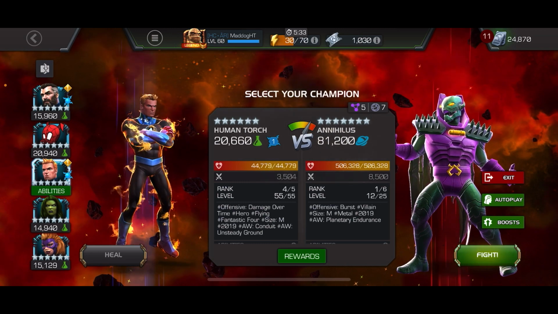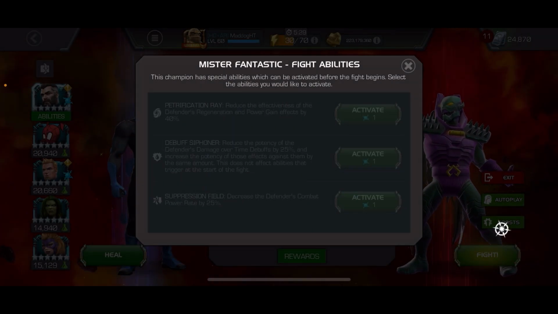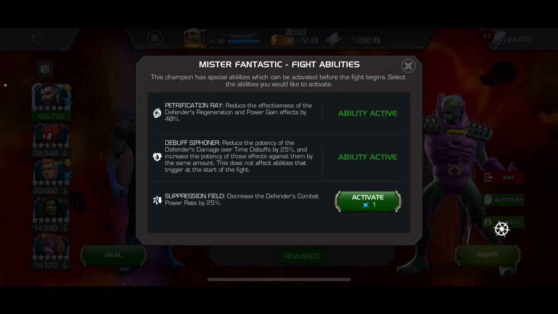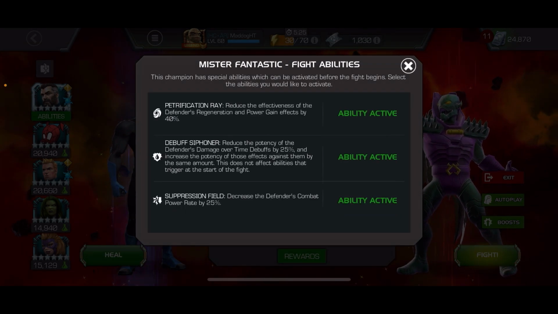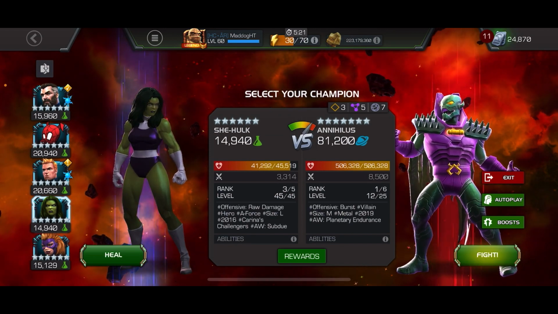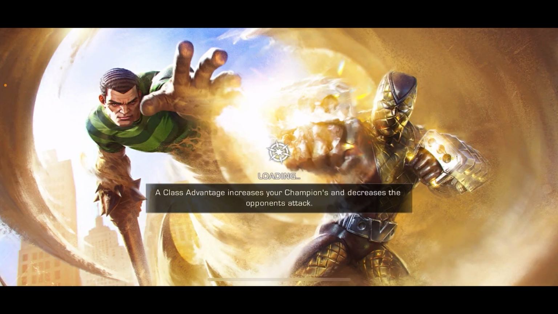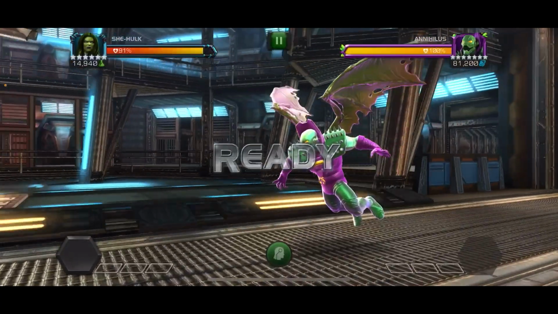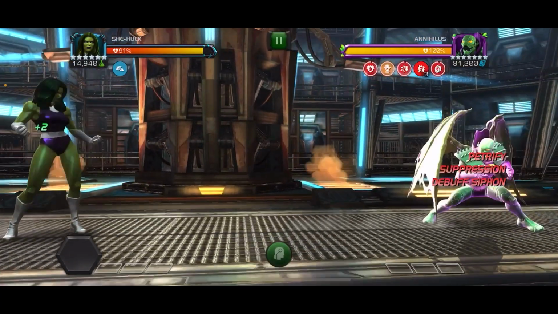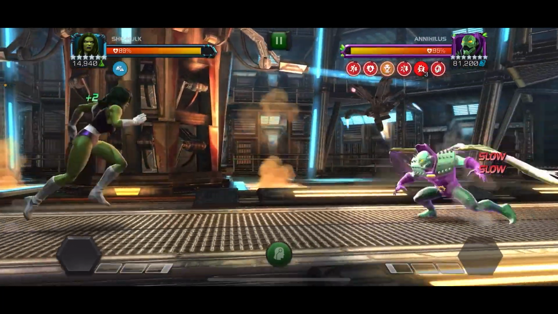So SheHulk is a really great counter to Annihilus because her heavies apply the slow and take off his rod. And then he kind of loses all his defensive abilities. We're going to go all 3 pre-fights again. It's too bad I didn't bank a few more pre-fights. It would have been nice to have one for the Wong, but